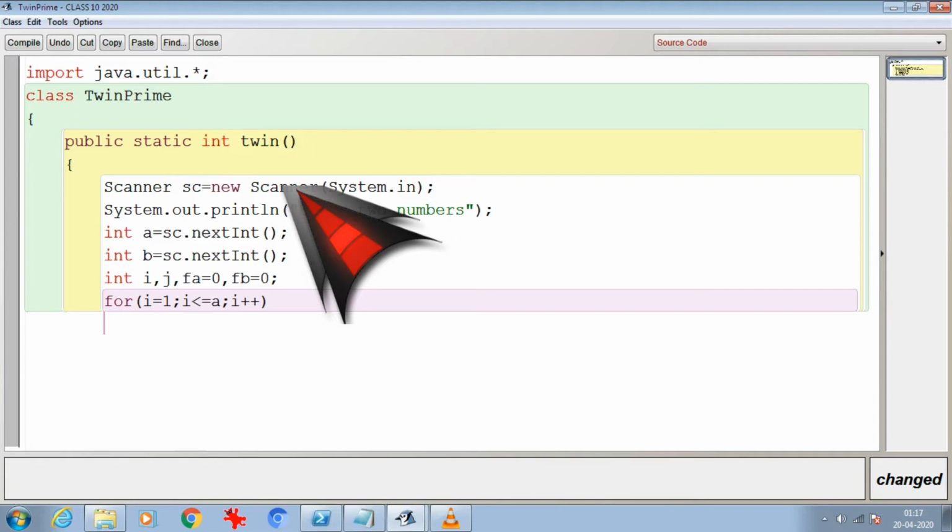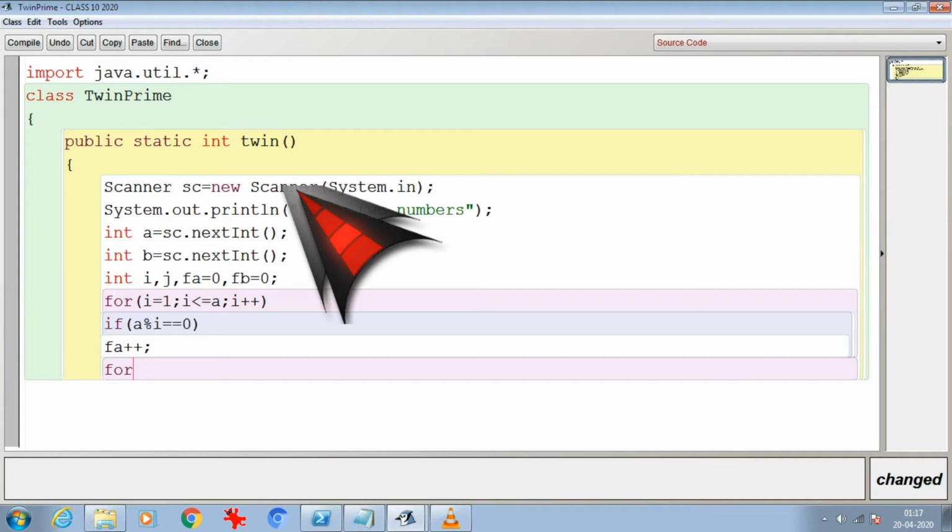So over here I will write if a mod i equal to 0, then fa plus plus. For the other number, which is j, as I said, I'm going to write the 2 procedures, b by 2 till the number half. Why am I doing half? Because suppose the number is 32, the greatest factor of 32 will be half of it, which is 16. It cannot have any more factor than that.